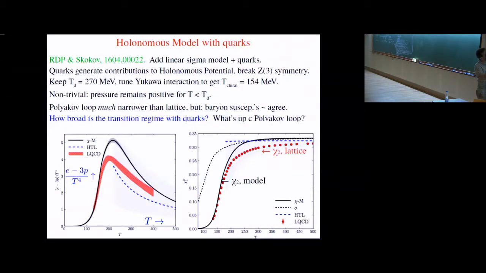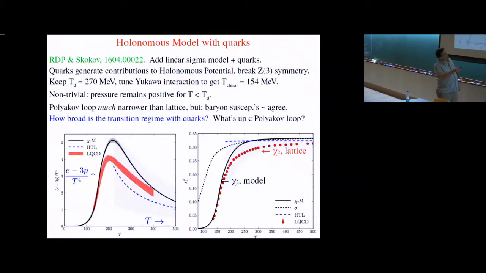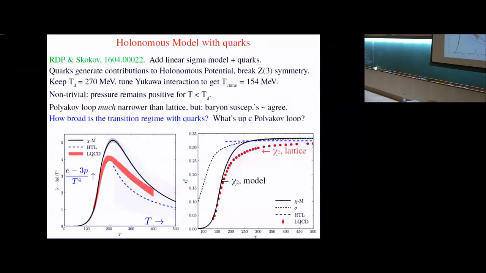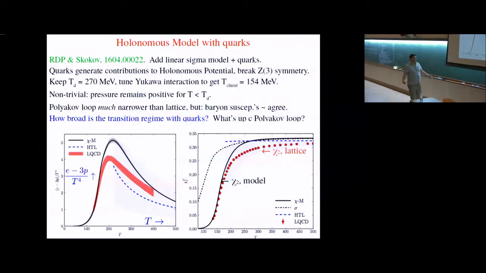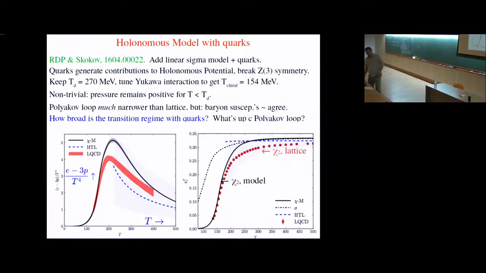The red points are from the lattice, but you notice from the lattice, chi2 is near the ideal gas value already by about 250 MeV, and then it's really very flat. So if you look at quark number susceptibilities, they also suggest a relatively narrow transition region. Well, perhaps that's just an excuse because our model doesn't agree well with the Polyakov loop. Okay,